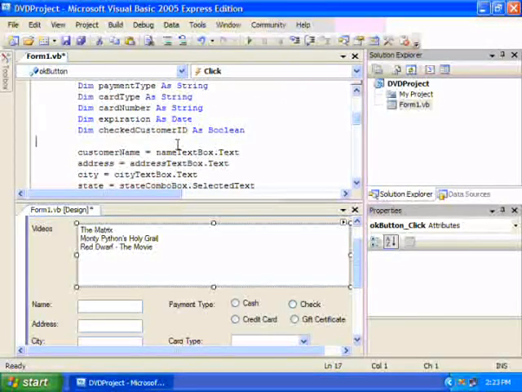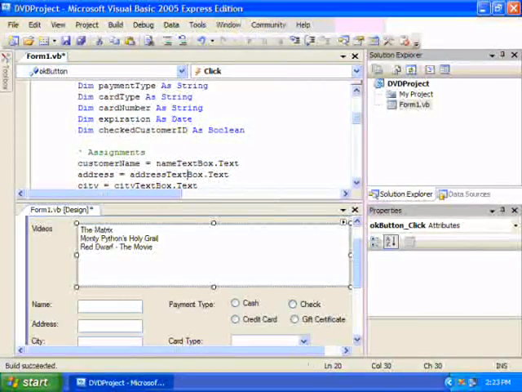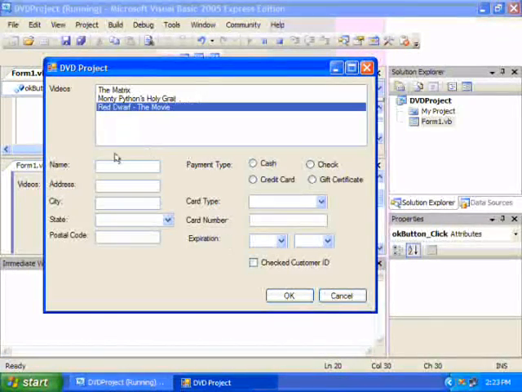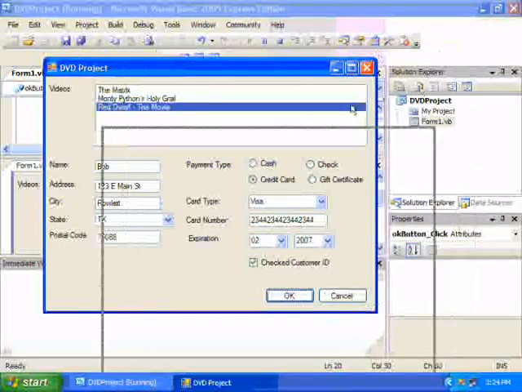Now what we'll do is to check our work, just run our application, and let's just enter some values in here. Bob, 123 East Main Street, and we'll choose credit card, Visa. I just made that up, sorry if that's really a number. To 2007, and I click the OK button. Now we don't see anything, but because it didn't die, I'm going to assume that